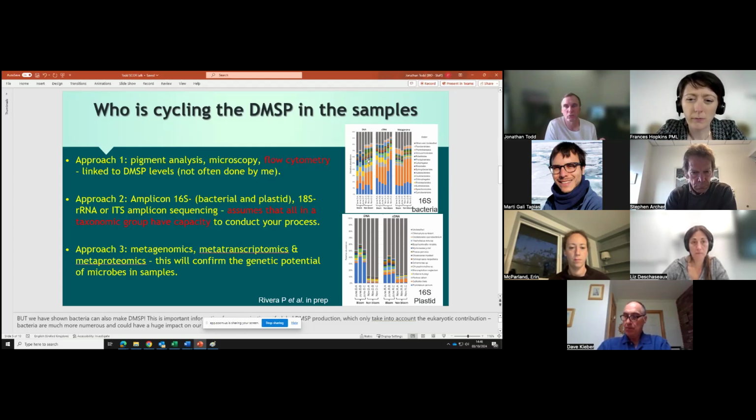So this tells us which organisms are likely active in the environment because you're looking at RNA as opposed to DNA. And essentially that gives you a better indication of what the community composition is, and it gives you a more accurate definition of who's there. Applying the knowledge of what we know about these different groups of bacteria and also algae, we can make a prediction of who the greatest producers, but also cyclers, are. But of course, that requires a big assumption on what we already know about those different groups of bacteria and